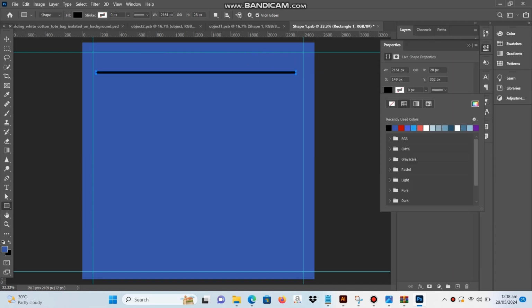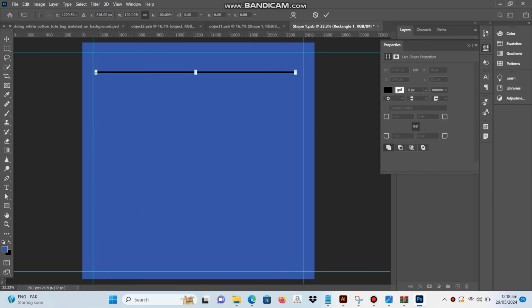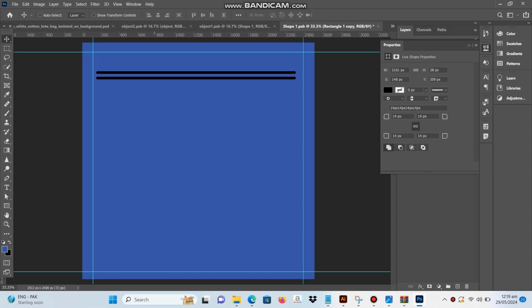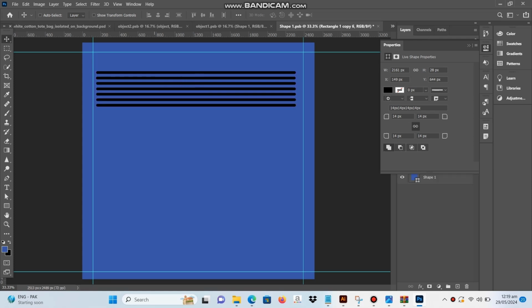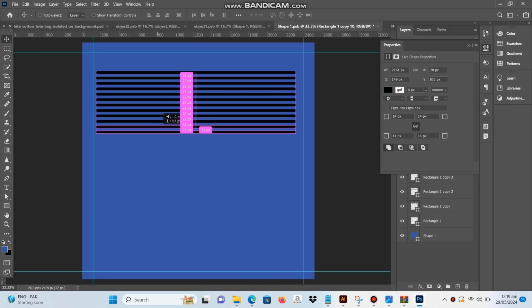Make sure that you use rulers. As I told you, I'm following the theme here, so I'm not going to fill everything here. What I'm going to do is take a rectangle tool, take a copy of it and design it like this. You can see it, and make sure the space between the designs is the same and the rectangle size is the same, like this, like this.